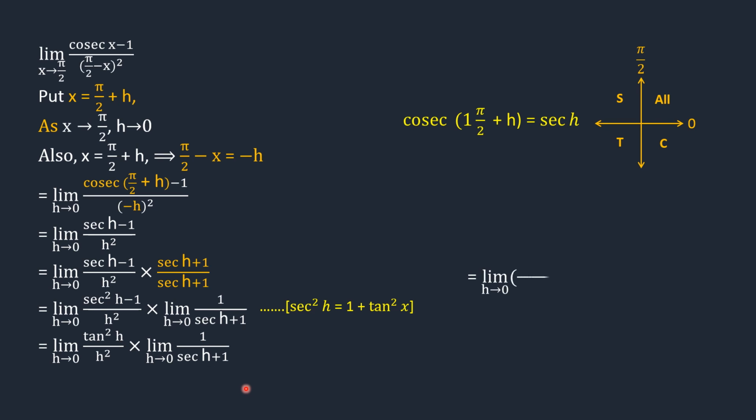In the next step we will write tan h divided by h whole square. Now tan h divided by h as h approaches 0 will be 1,